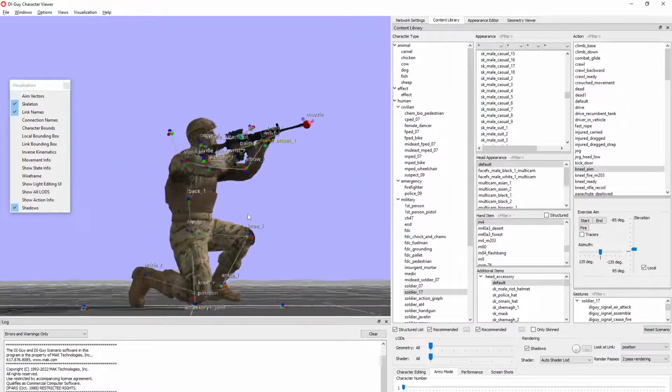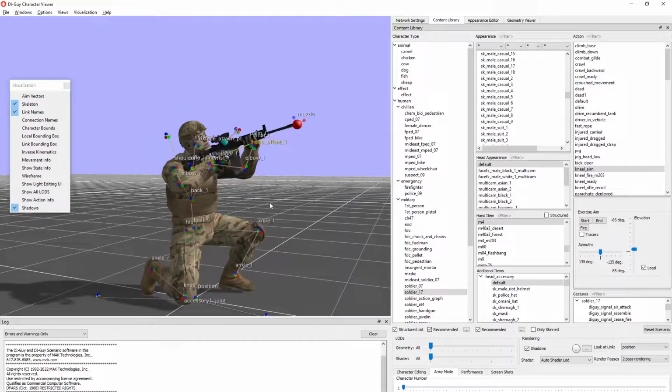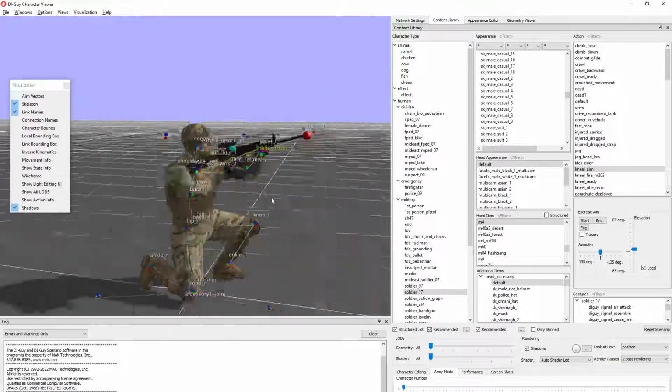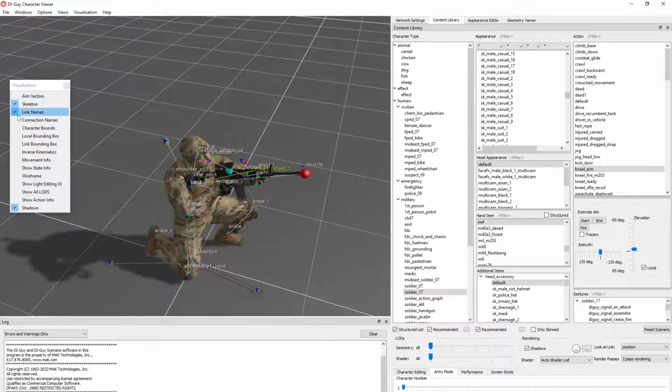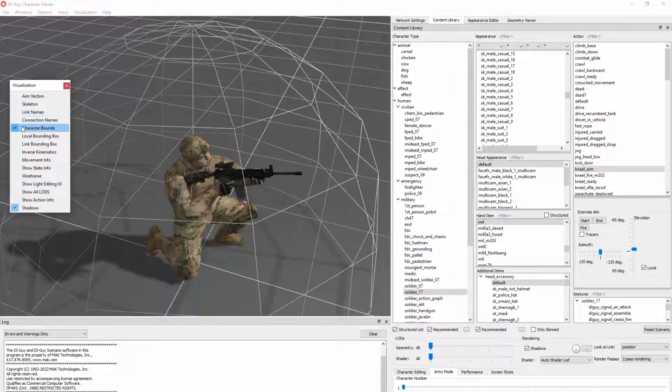Link names, it's a little bit of a challenge to get these to all show up and not overlap each other, but you get the picture. This is the general skeleton of the character. And we do break out the connection points separately. This is the character bounds